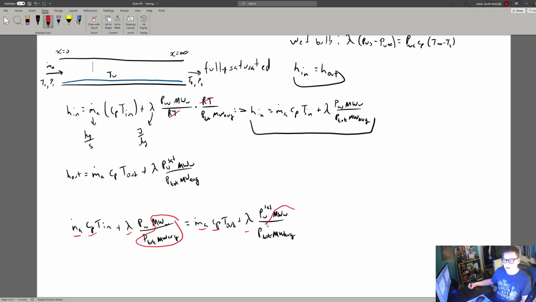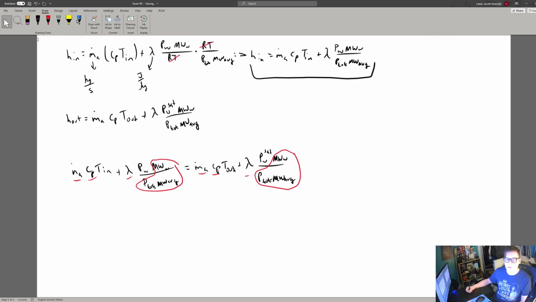We have that on both sides. So we can condense this down a little bit. Let's scroll down just a little bit. We can factor all of these out. So then we get